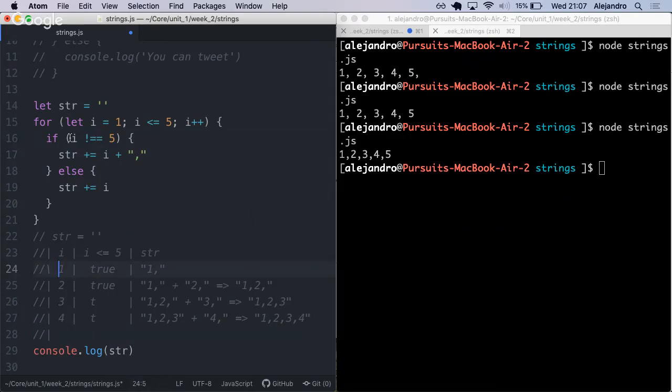I'm sorry, all this time, the evaluation of the Boolean expression in this if statement was giving us true. So I is not 5, true, then go here. I is equal to 2, is I not 5, true, then go here. I is equal to 3, I is not equal to 5, true, go there. 4 is not equal to 5, then go there. Now when I is 5,